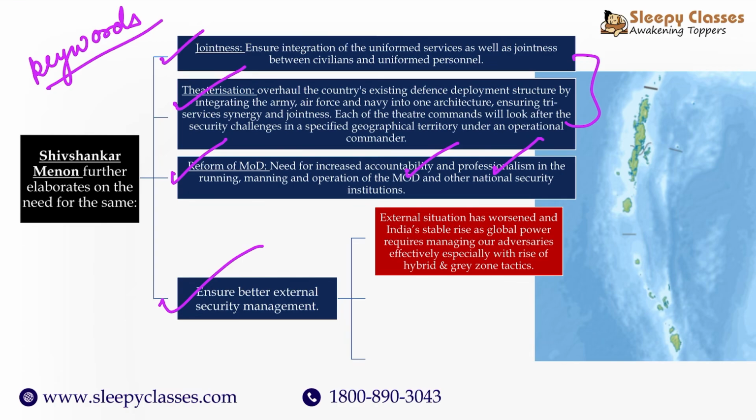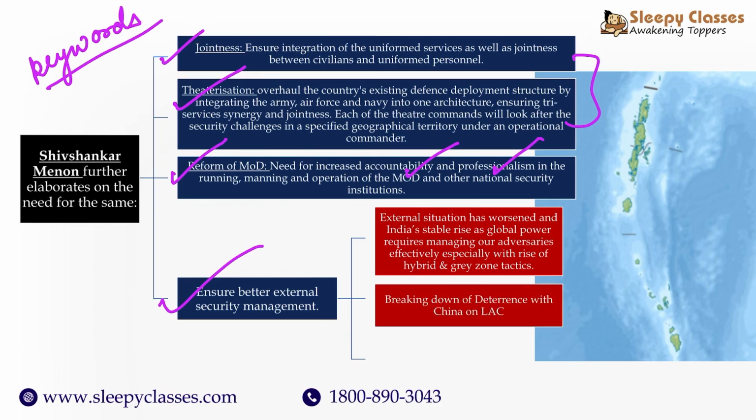Now, in recent times, if you look at India, even though there is no existential crisis, things on the external front have only worsened. Look at the kind of issues that India has been facing with China, right? This is very, very questionable. Because of this, you have to have a continuous strategic way through which you can manage your adversaries, particularly as India is surrounded by threats in its neighborhood, particularly with the rise of, say, hybrid warfare or grey zone tactics, like we mentioned. A more elaborate national security strategy document is the need of the hour.